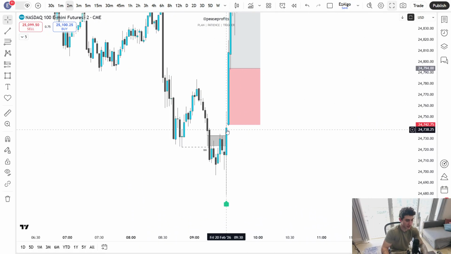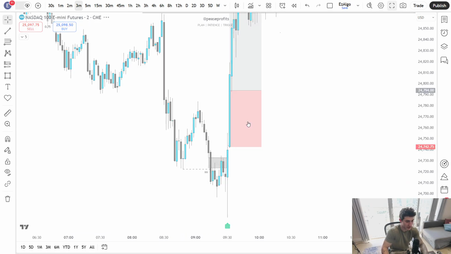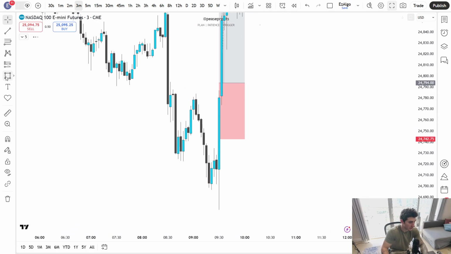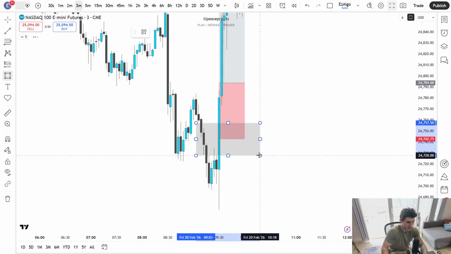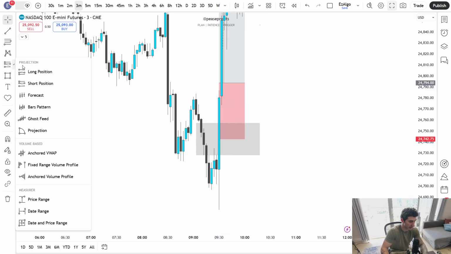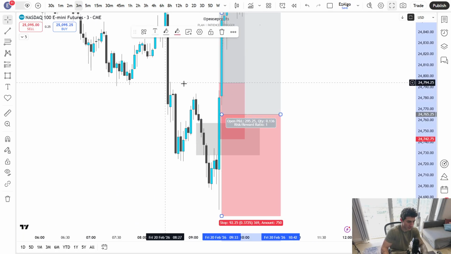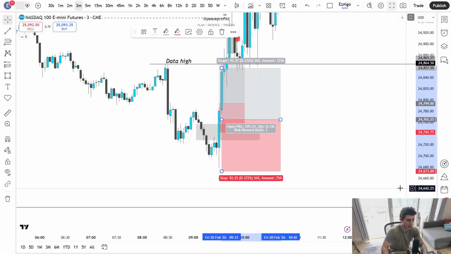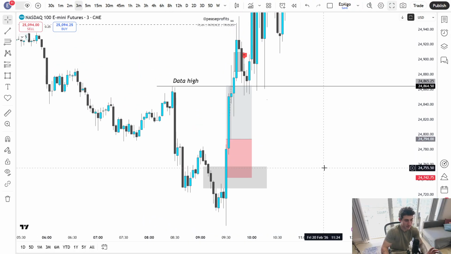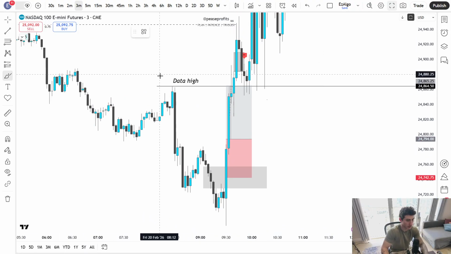I did not get in here, okay? I was waiting on a higher time frame, like a 3 minute, for all of these bearish gaps to get inversed. And ideally, I would have liked to enter this trade somewhere around here, so I would have a very clear break-even target. But because we had this, okay, this data high is the only reason I took this trade.